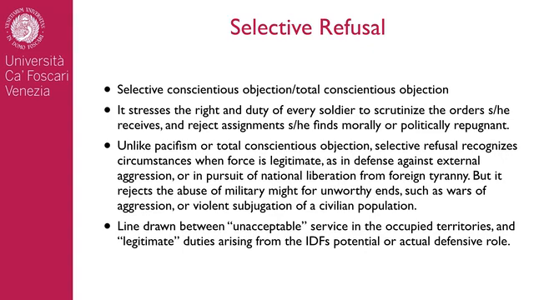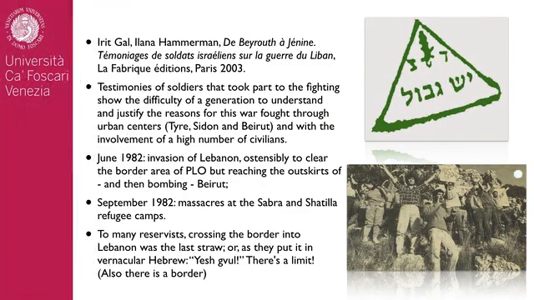From then onwards, the first refusers were those who either protested the invasion of Lebanon or refused to go, or went and then started to protest when they came back. So from Lebanon, the focus started to shift to the occupied territories. Remember, in the 1980s the Palestinian protest is somehow mounting, and at the end of the decade we will see the first intifada. So let me go to the first set of testimonies of some Israeli soldiers,